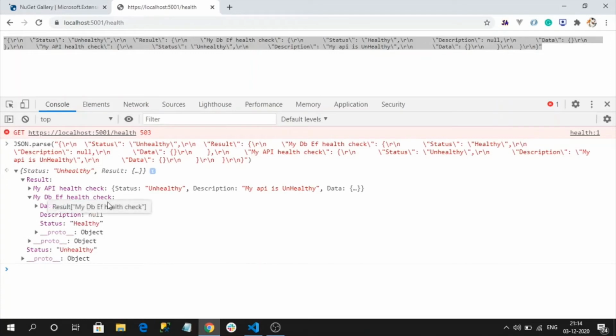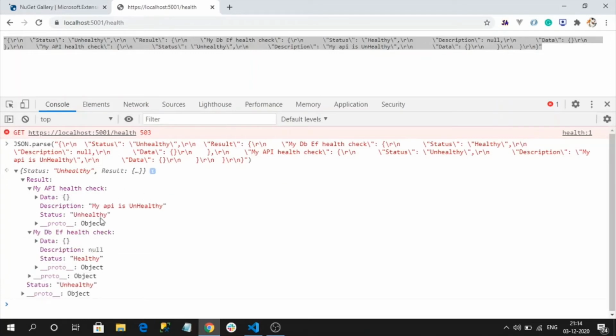See here, my API health check is unhealthy, because it may exceed 300 milliseconds.